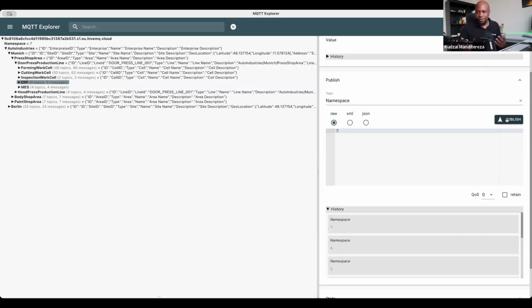So all of this information is going to be persisted in a database, in a data lake, in a data warehouse. But the unified namespace really is a way that allows you to share this information in real time, putting information in the hands of the people that need that information. And if you think about it,